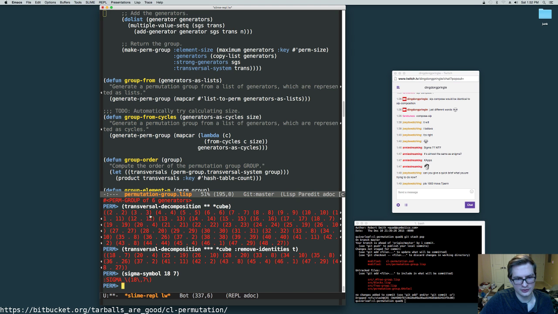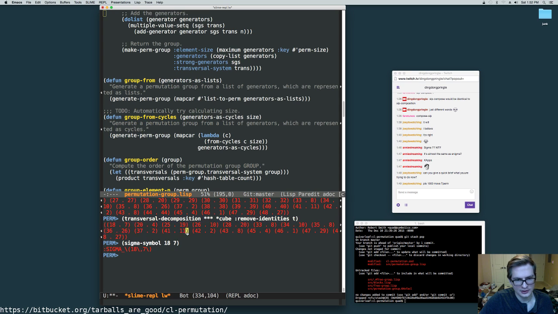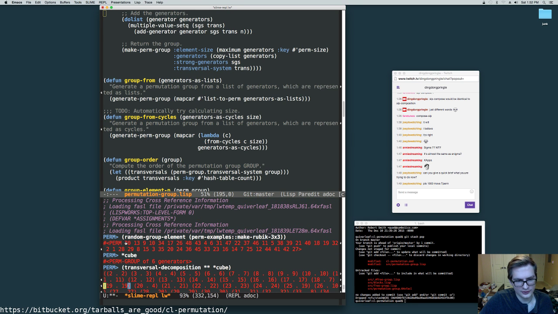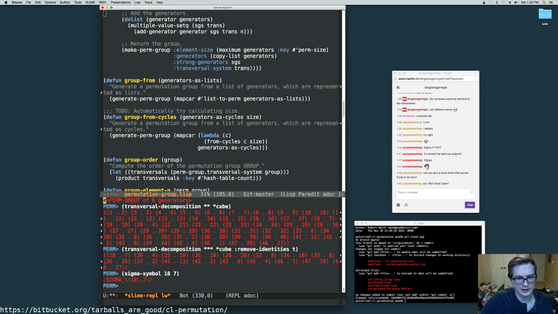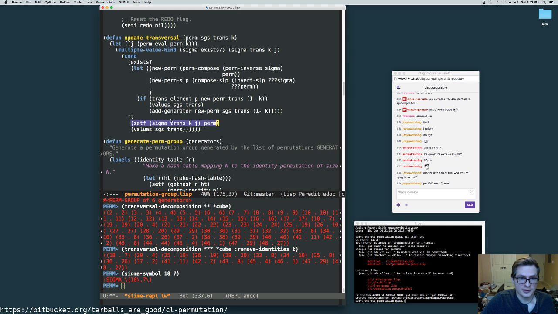So if we can decompose any random element right here into sigmas, and we can decompose sigmas into the normal generators, then that means transitively that we can decompose this thing right here into generators. So that's the general approach I'm taking. And the way I'm doing that is when I construct the sigmas, for example, a sigma is set right here. When I construct the sigmas, what I'm going to do is,